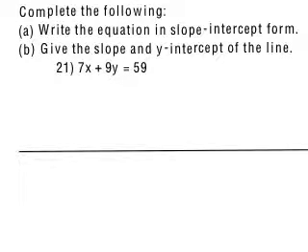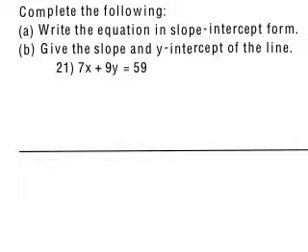Number 21. Complete the following. A. Write the equation in slope-intercept form. B. Give the slope and y-intercept of the line. Okay, we don't need to get scared about this one either. We've been doing this all along. So we've got 7x plus